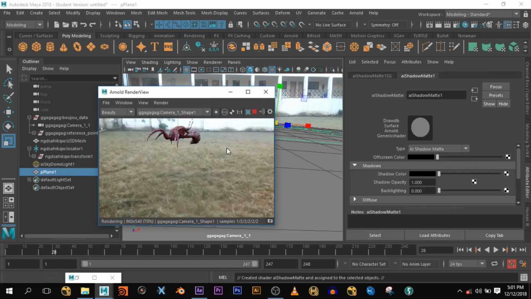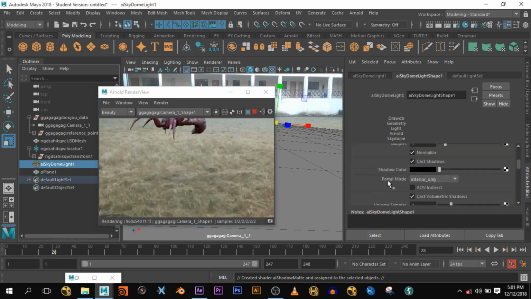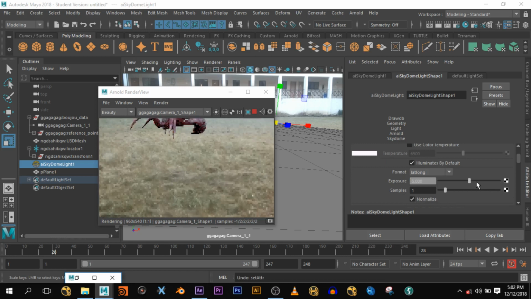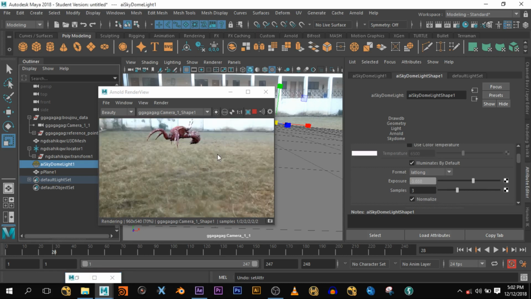So the shadow is not much. We can select this again, the sky dome lights, then increase the exposure. Woo! That's too much. Just a bit. Then the samples to 3. If the shadow is not very cool, we can go to create